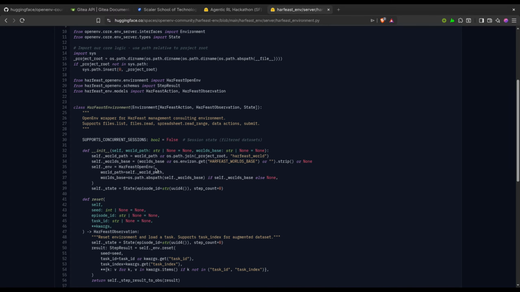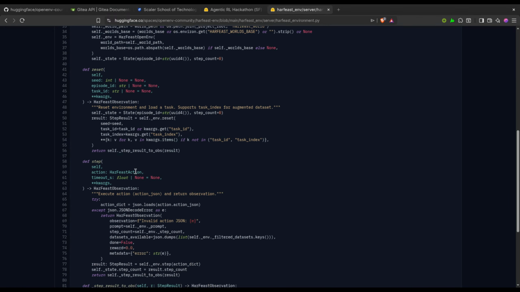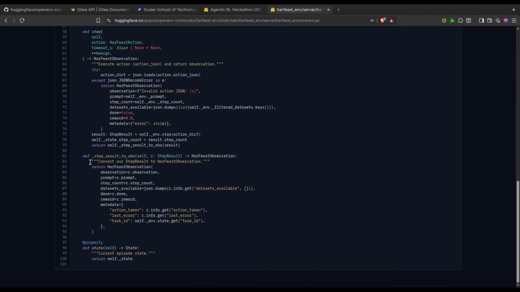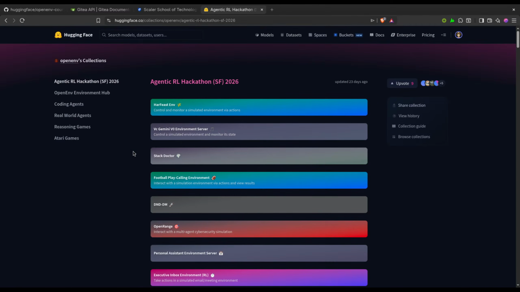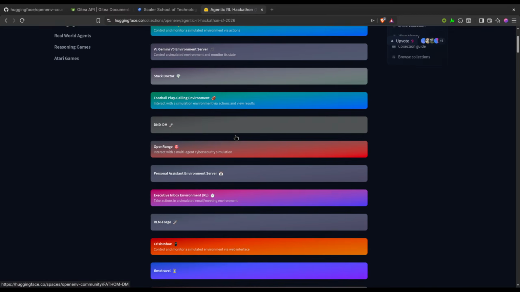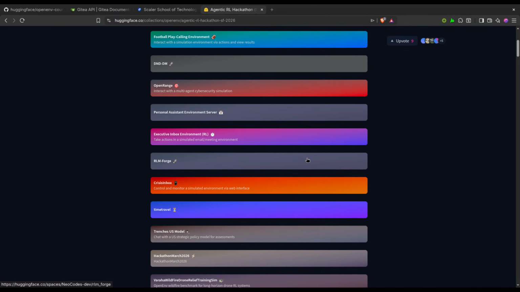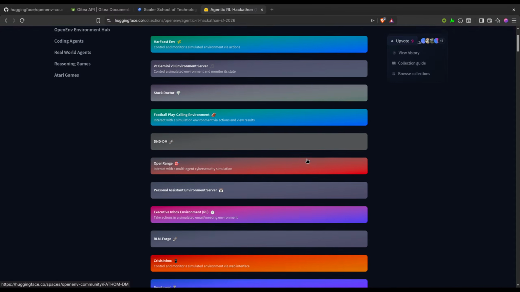Yeah, environment logic: reset for this, step for this, step result. We also needed to cover much more than this. It is okay, I guess. Not that good, but it is still nice.